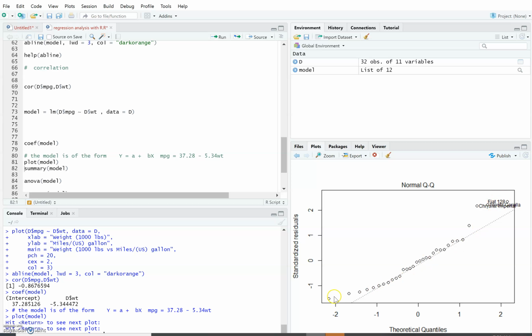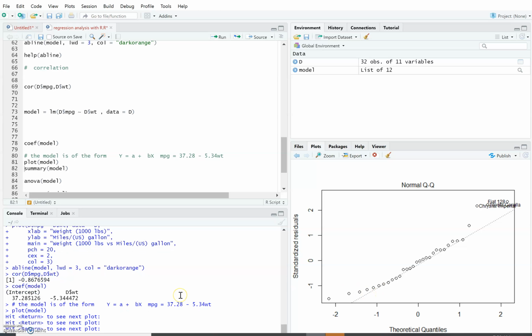When you have the perfect normal, it's going to be very close to this line. We did, it's doing a good job here. So now